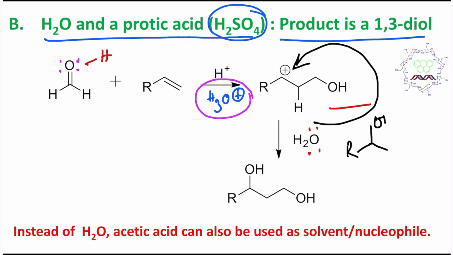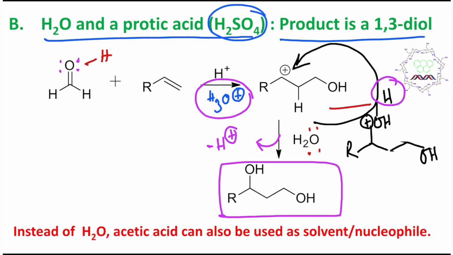It will produce OH having a formal positive charge on oxygen, and along with this there is OH. Now this proton will be eliminated, meaning it will remove this H plus, and ultimately it will produce 1,3-diol. So this is the 1,3-diol, because this is 1, 2, 3. It's an arbitrary numbering, I don't know the nature of this R.